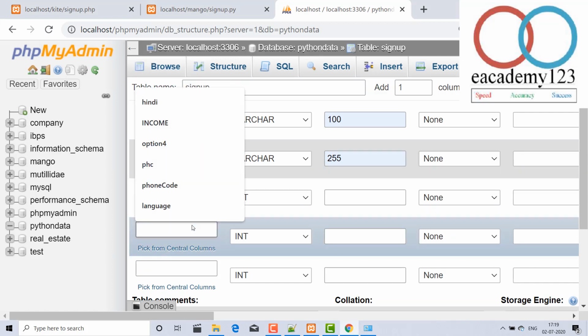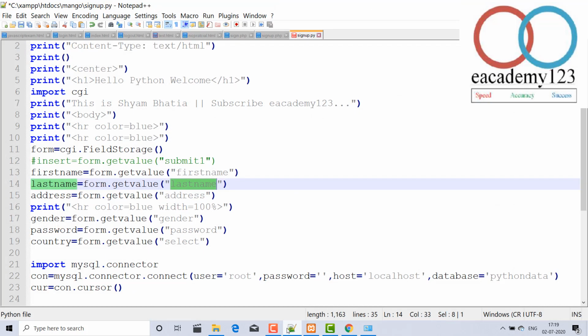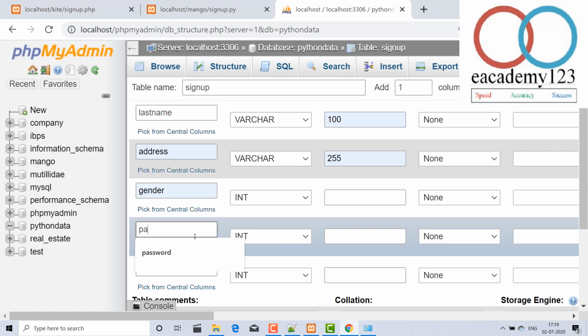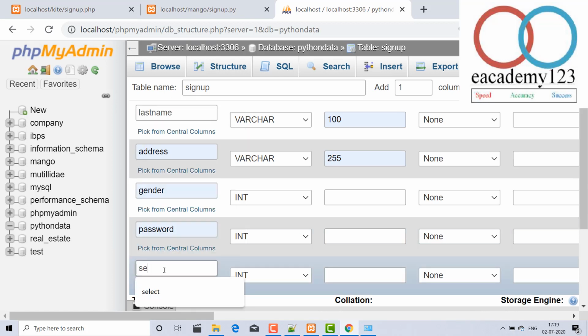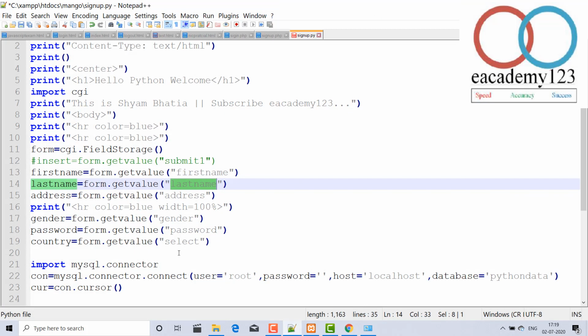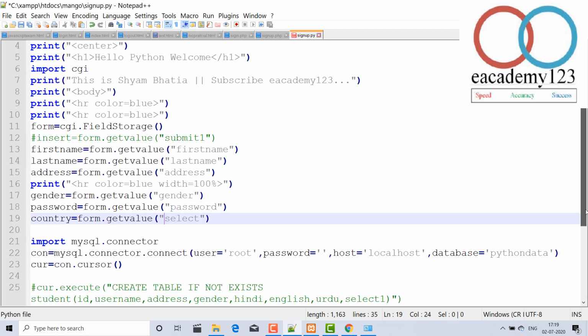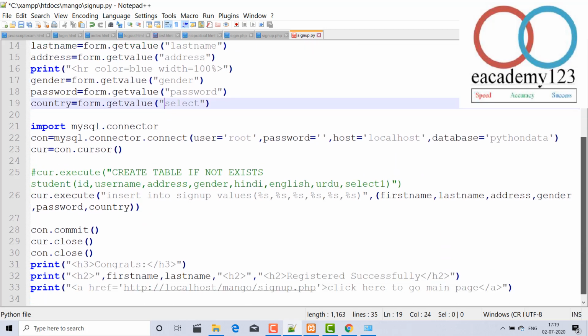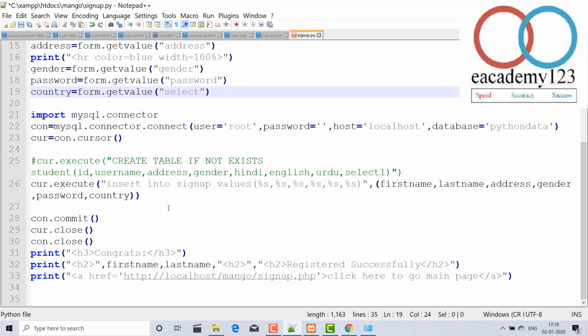What I have used is only select. So select, but which variable have I used for password, which variable have I used, the country variable. Okay, country variable. So you can also take it like that, or simply take the countries.